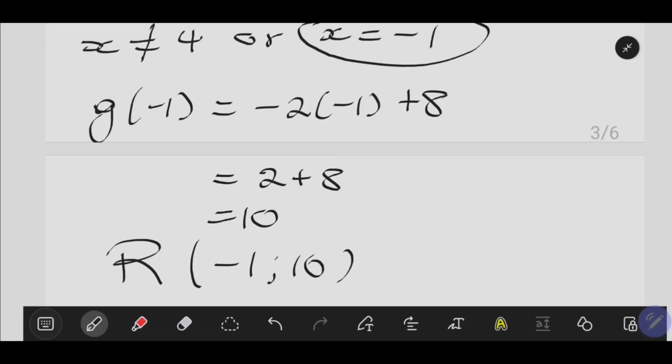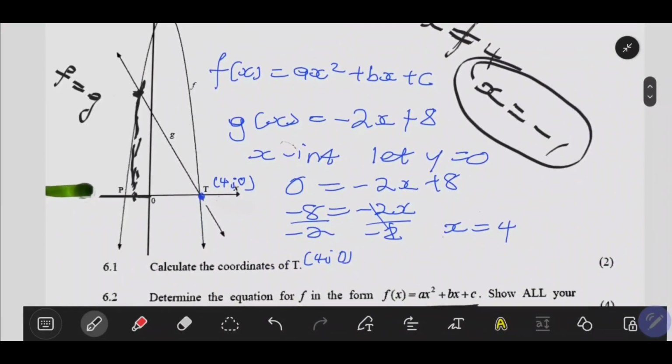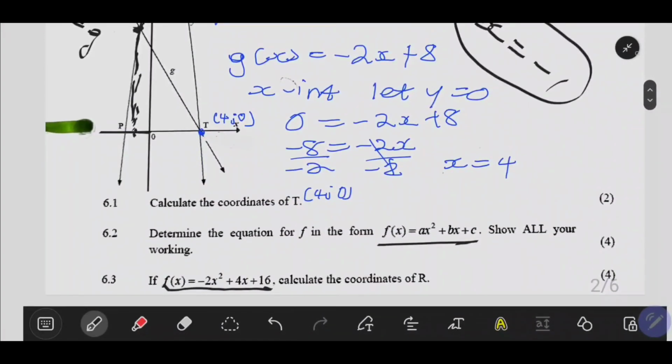So this is how we calculate it, and I hope it makes sense for you and it's not complicated, and you can also